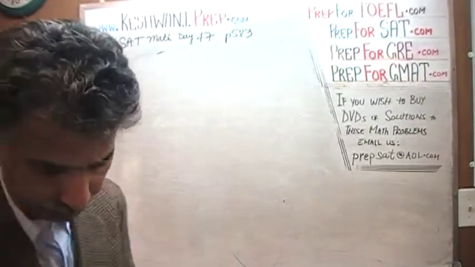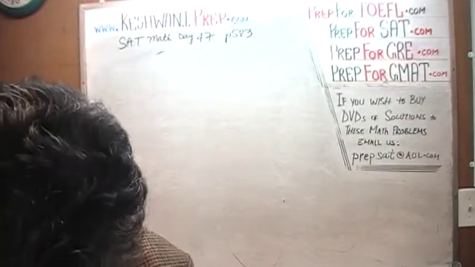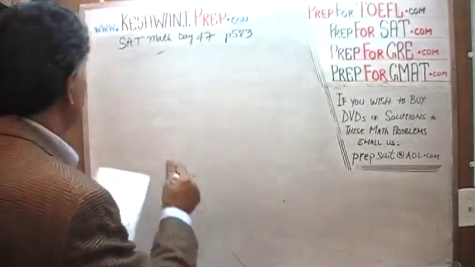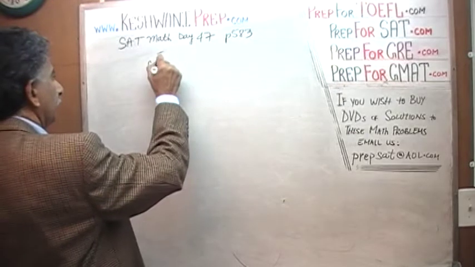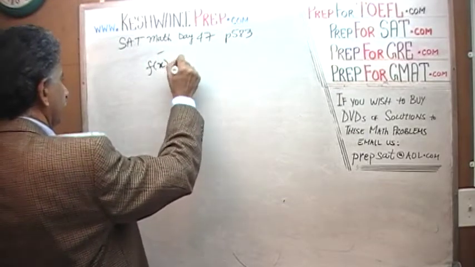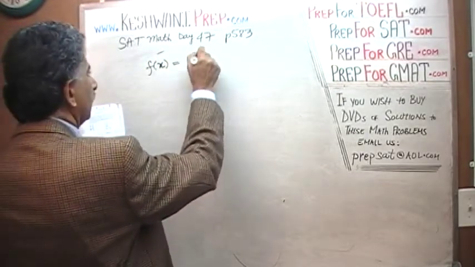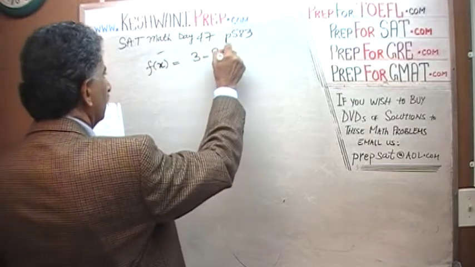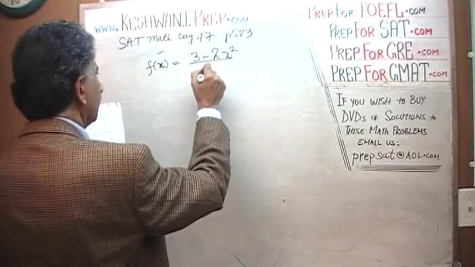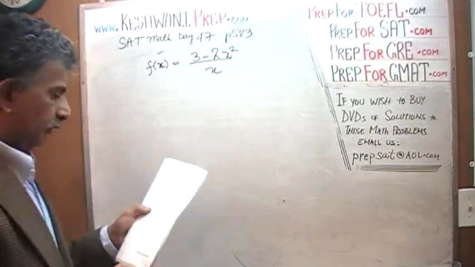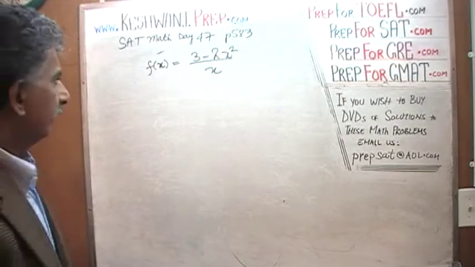Number 10, the last one on the page. We are given a function here, f of x. We are told f of x equals (3 minus 2x squared) over x. And the question is very straightforward. The question simply is,